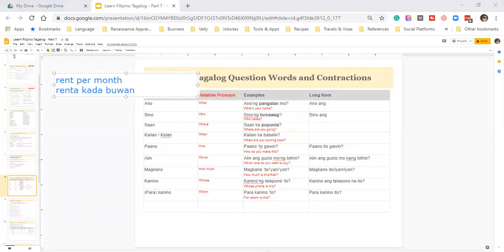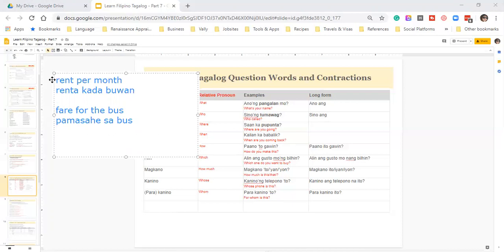Let's say you want to ask about fare. What is fare? Fare, the transport cost to go from here to there. For example, bus fare. Magkano ang bus? How much is the bus fare? Pamasahe. Okay? Fare. We're going to do it this way. Fare for the bus. So, pamasahe sa bus. Sa bus. We say bus. Bus is bus. So, you want to ask, how much is that? How would you say?